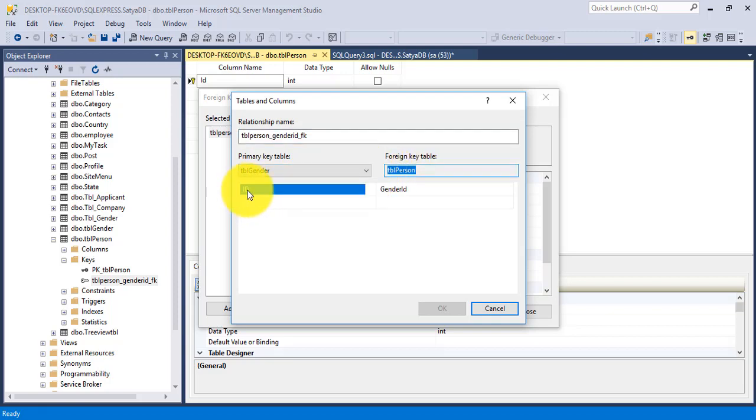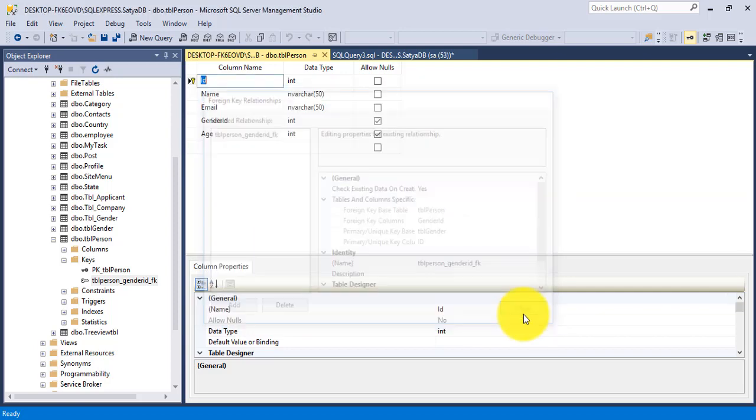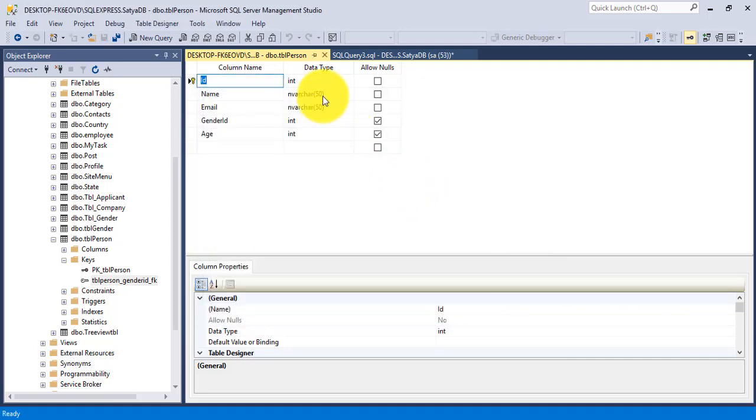And here is the primary key column of tblGender and the foreign key column of tblPerson.